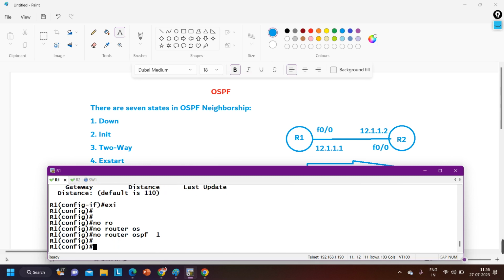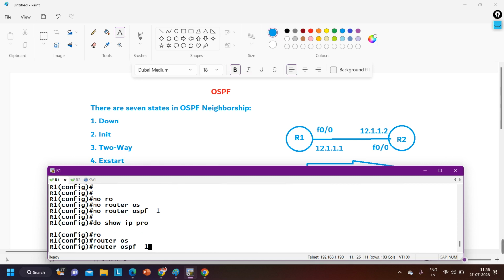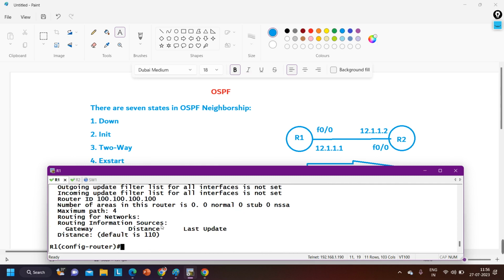But if I run a new process, say no router ospf 1, I have removed the OSPF configuration. Now do show ip protocols, and you can see there is no routing protocol running on the router. Then router ospf 1 and do show ip protocols. Now you can see the router ID is